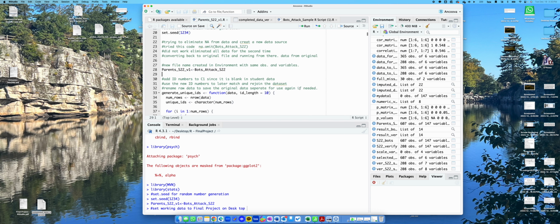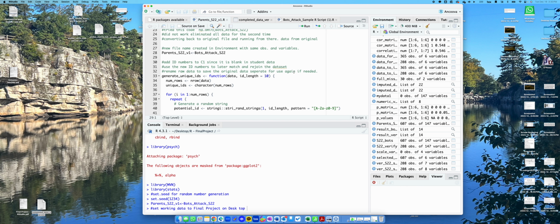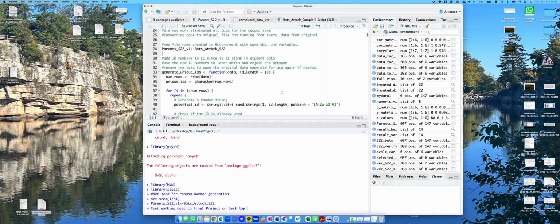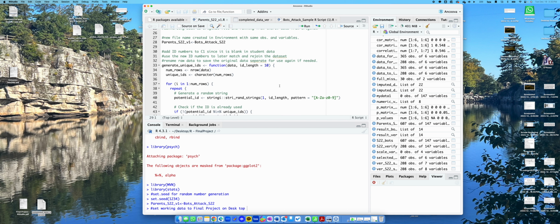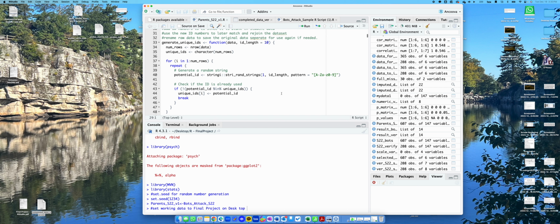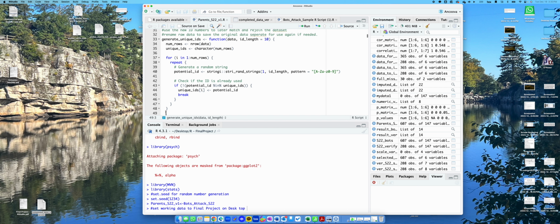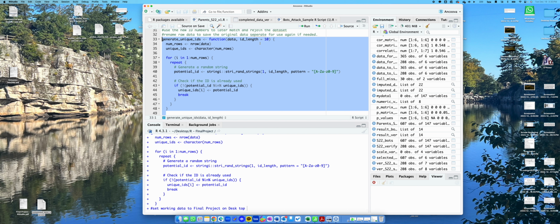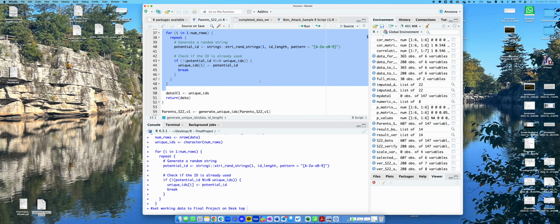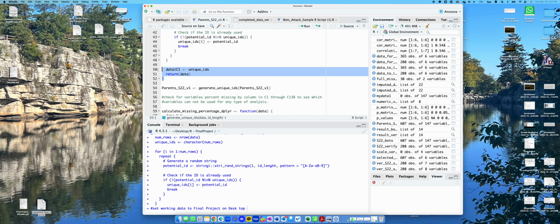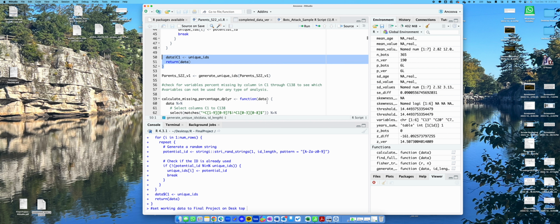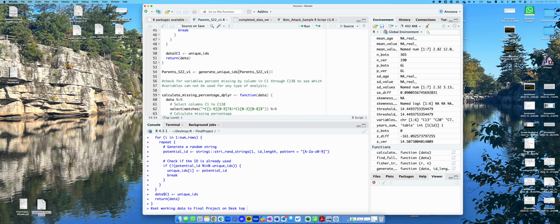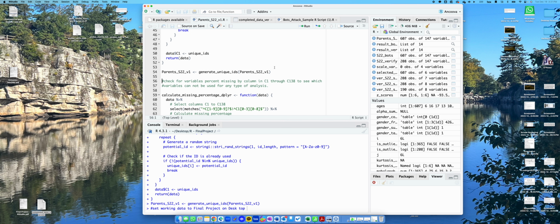So did all that. We actually added ID numbers for C1 instead of the blank students, and then we went in and ran code trying to change things. So I actually took this code and ran this code creating the IDs. Actually missed some of it here, and then ran the parent code,